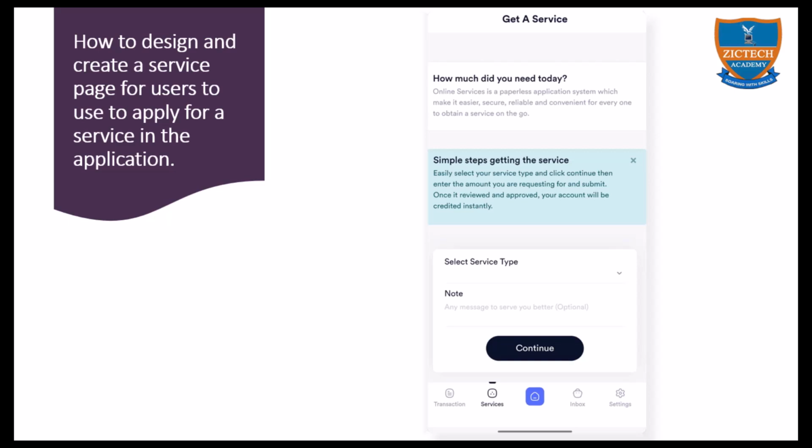Okay, so what you do when you log into the application, you need to request a service. So whatever service the application is offering, you'll be able to request for it. For example, it might be truck ordering application where people can come in and order a truck to pack their load, or